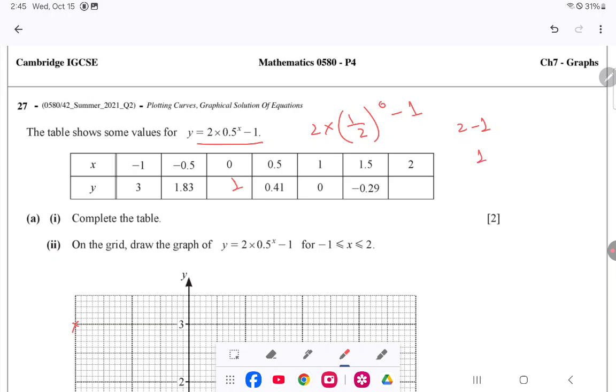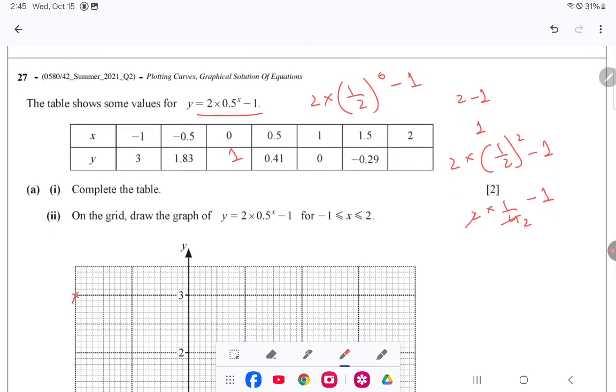And for 2, 2 to the power 1 over 2 power x is 2 minus 1 minus 1, negative of half,